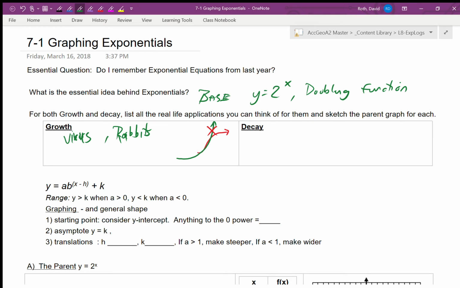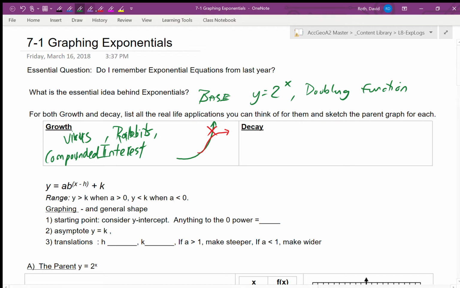Decay, well, let's go, another growth. What are other growth things you remember from last year? Maybe compounded interest. And with compounded interest, we have a doubling function or some percent growth that we want to earn money on our money on our money. And that's why they say start investing for retirement early, because it gets big pretty fast if you start early and have lots of time to work over. Anyway, lots of things in the natural world can have this exponential growth, and then also decay.